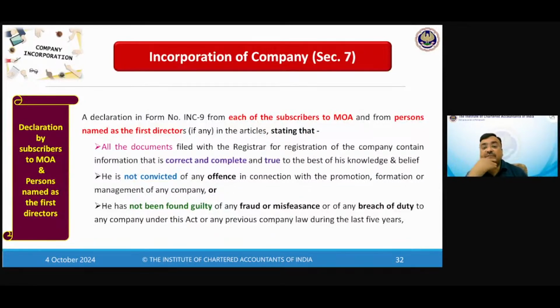He is not convicted for the last 5 years for fraud or misfeasance or breach of duty under the Companies Act. This Companies Act 2013 or Companies Act 1956, right? I think because there are more than 5 years for the Companies Act 2013, I think or any previous company